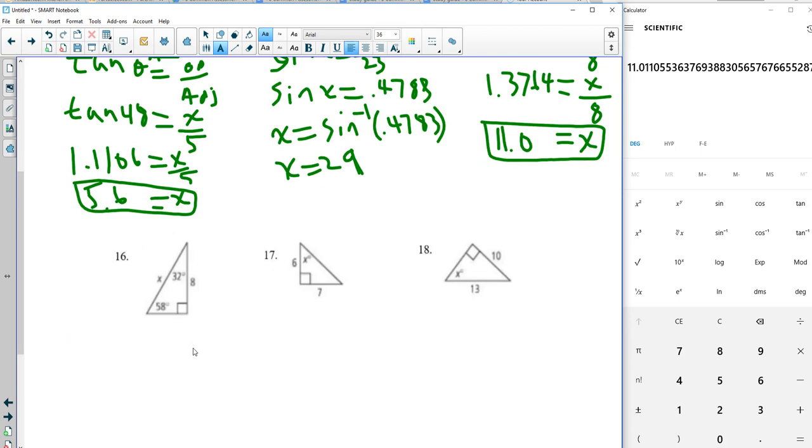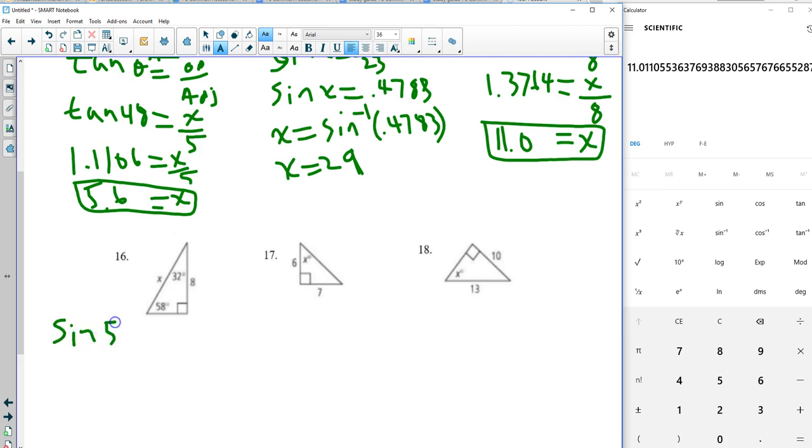Okay, on this one, they give us two angles. You can use either angle to find the answer. So I'm going to use 58. Yeah, I could have used 32 with cosine, but I'm going to use 58 with sine because it's what I want to do. But you will get the same answer using 32 with cosine. So